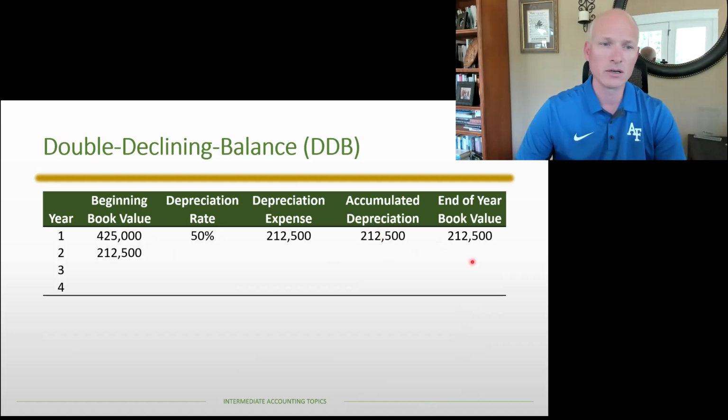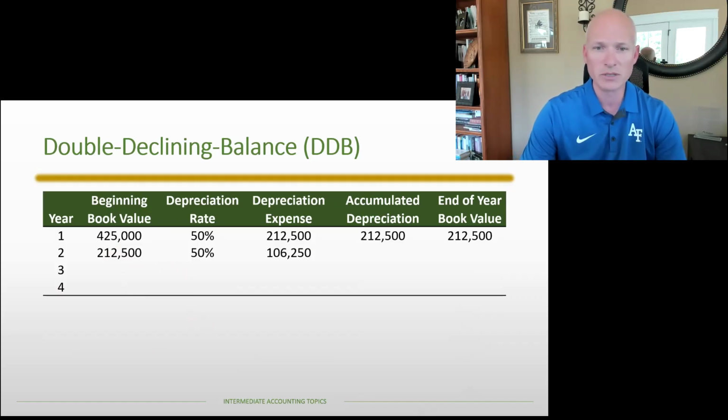Now, in the second year, our 212,500, that's our revised book value. Now, our capitalized cost is the same, but the way we're going to calculate depreciation expense is a little bit different because we're applying it to the revised book value. So the end of year book value from the prior year is the beginning of the year book value for the second year. So that same rate of 50% applied to our beginning book value means our depreciation expense is going to be